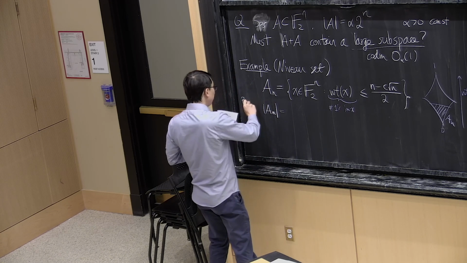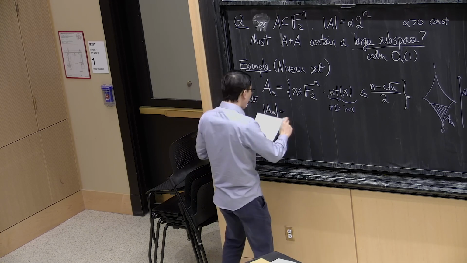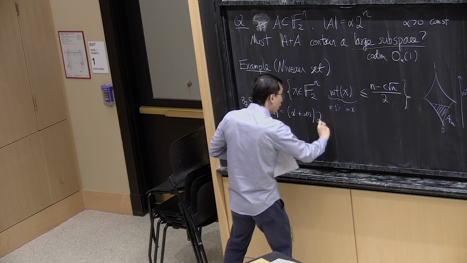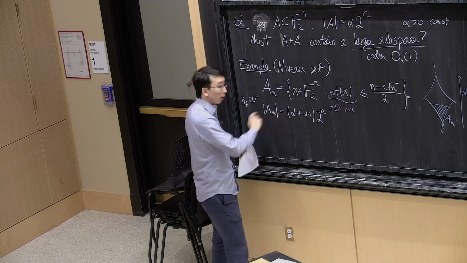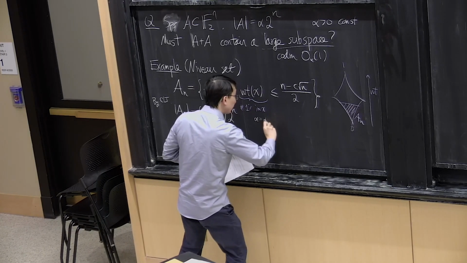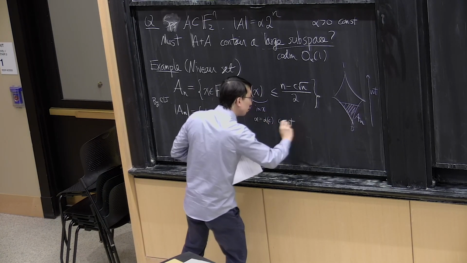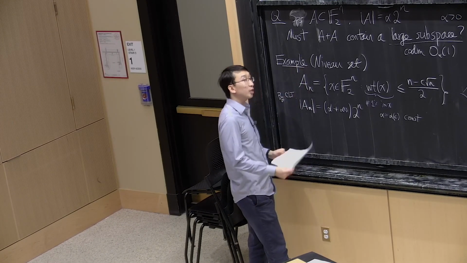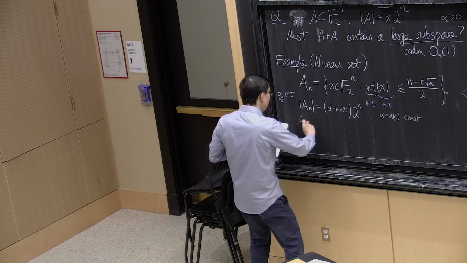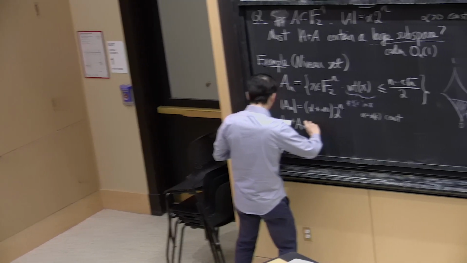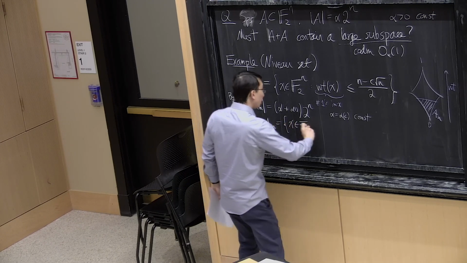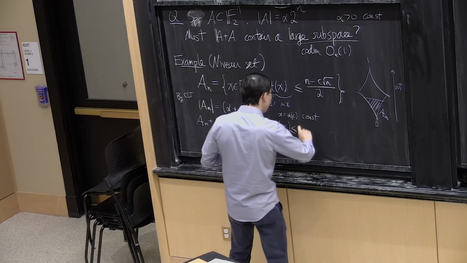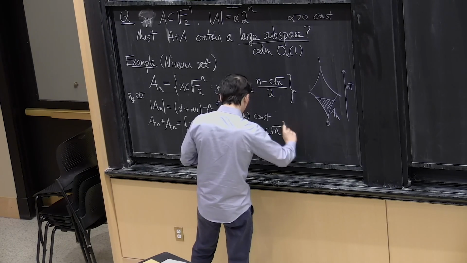By central limit theorem, the number of elements in the set is of the form a constant fraction of the entire space, where alpha is some constant if C is a constant. Okay. So it has the desired size. But also, A added to itself consists of points in the Boolean cube whose Hamming weight is at most n minus C root n.